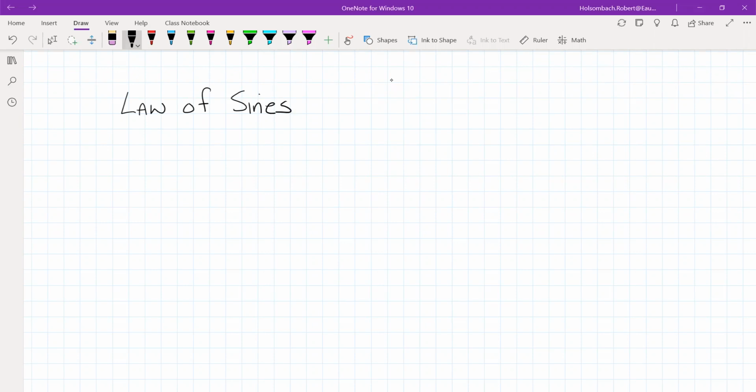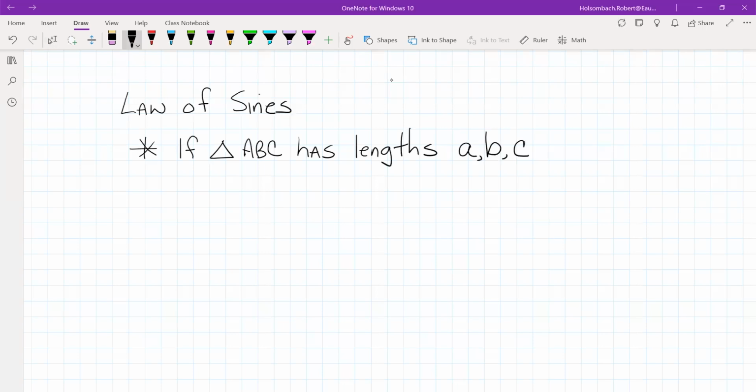Theorem 810, law of sines, states that if triangle ABC has lengths lowercase a, lowercase b, lowercase c, representing the lengths of the sides